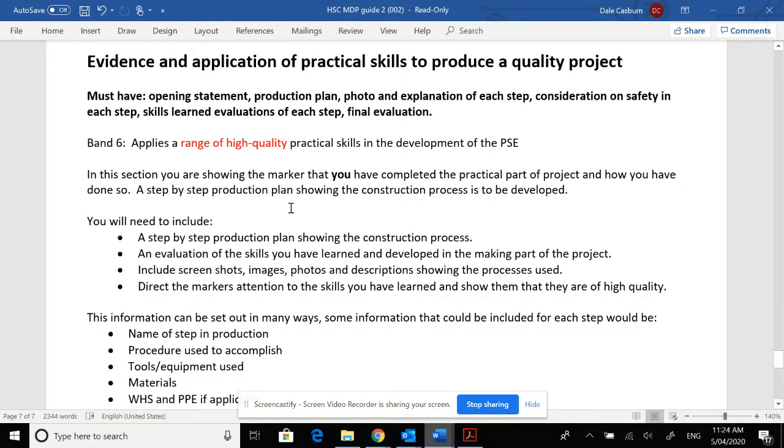Hey guys, we're back with the final component of part two of the major design project. And this is where you're actually showing that you have used your practical skills, in whatever they may be, to produce a quality project. So, as per usual, the must haves: